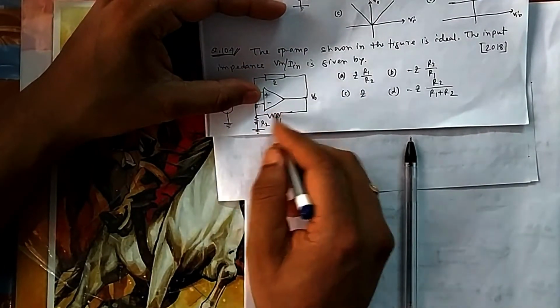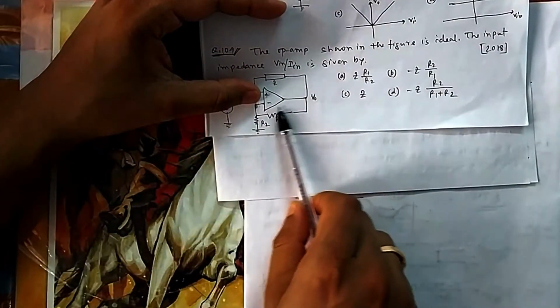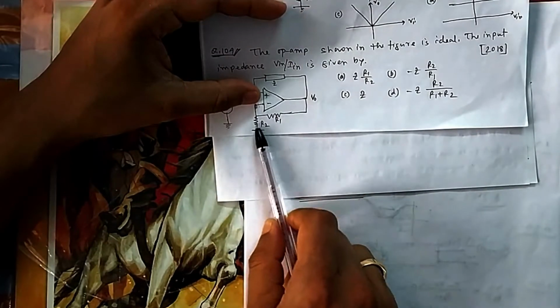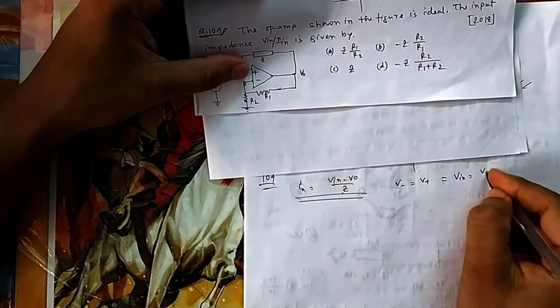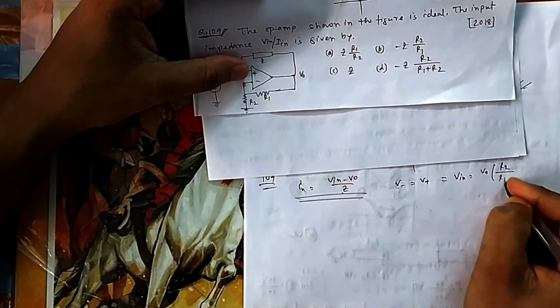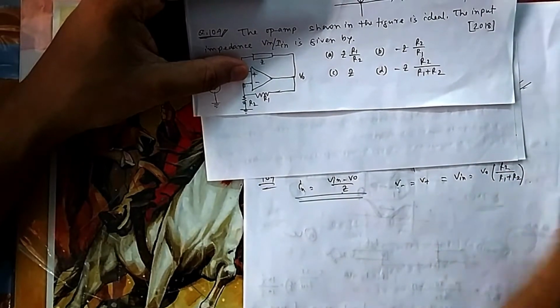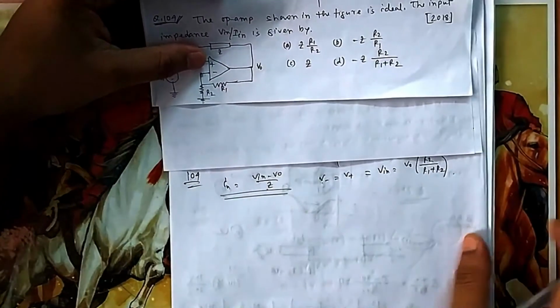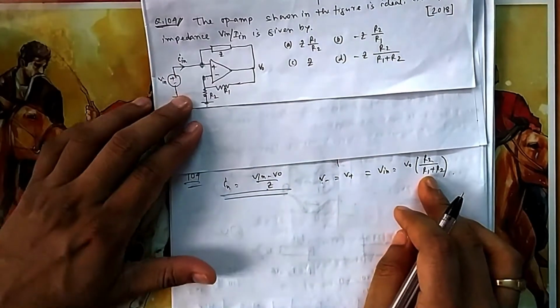So this by this minus this by this. What will we get? It will be simple voltage division. V0 is divided across two resistances, so it will be V0. I am writing it directly; you can do nodal analysis also, there is no issue. So V in is equal to V0 times R1 plus R2.